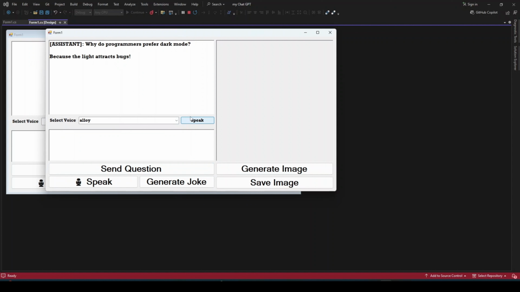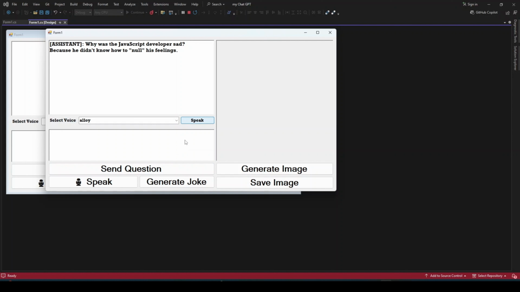Why do programmers prefer dark mode? Because the light attracts bugs. The only way to achieve the impossible is to believe it is possible. Why was the JavaScript developer sad?